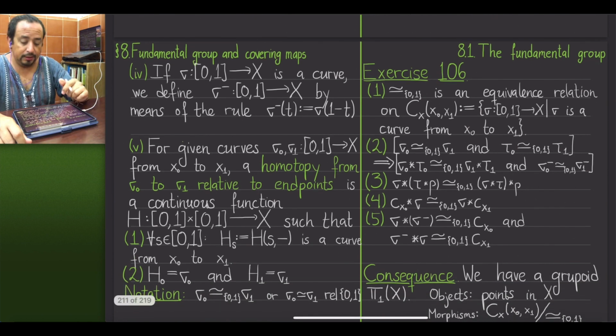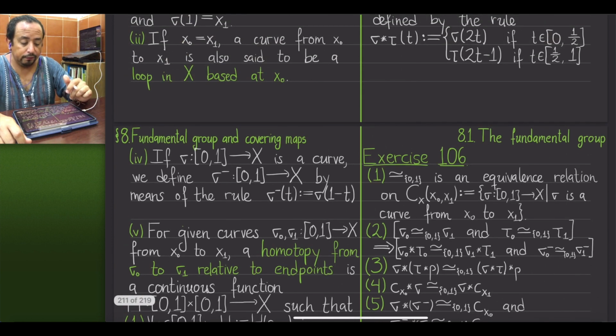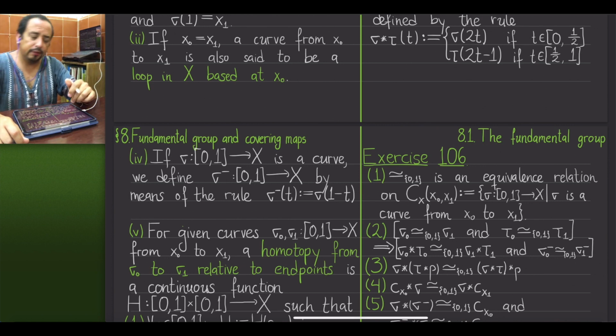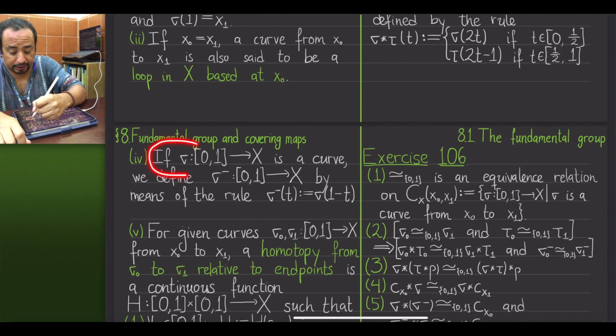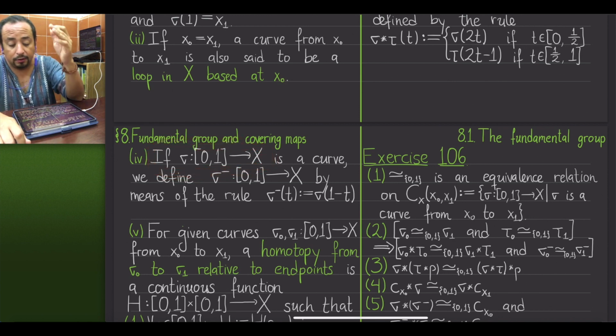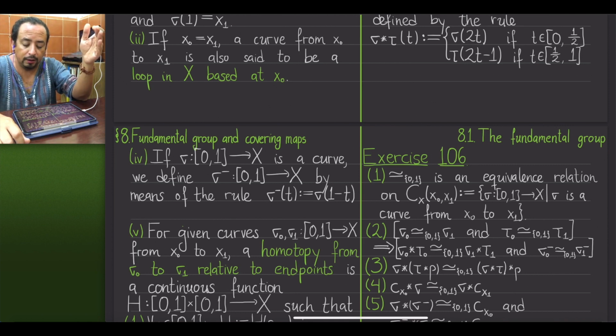We have now the notion of concatenation of curves. Another useful notion is the notion of inverse curve, and well, I'm not going to call it inverse yet, just the curve traversed in the opposite direction. So if I have a curve sigma, let's say connecting the point x0 to the point x1, then